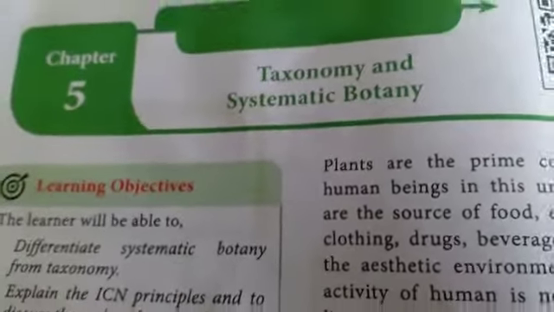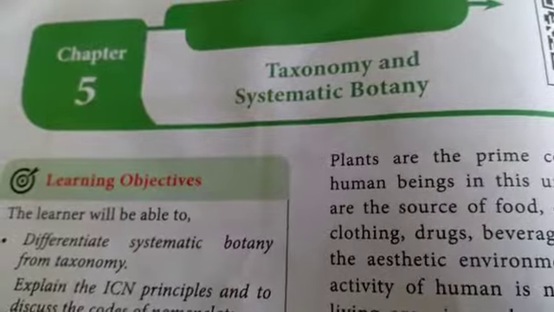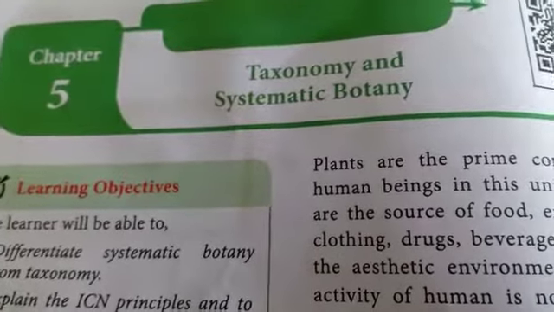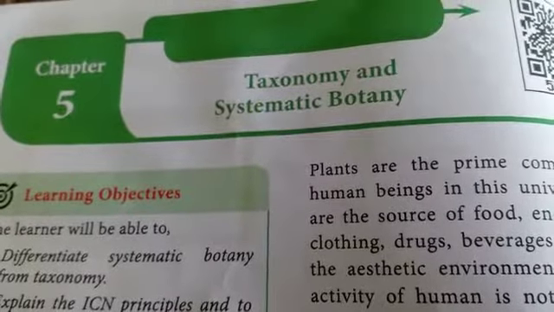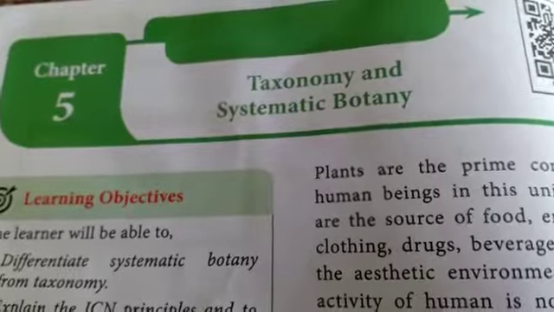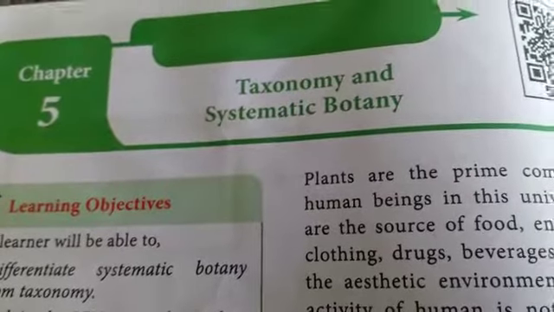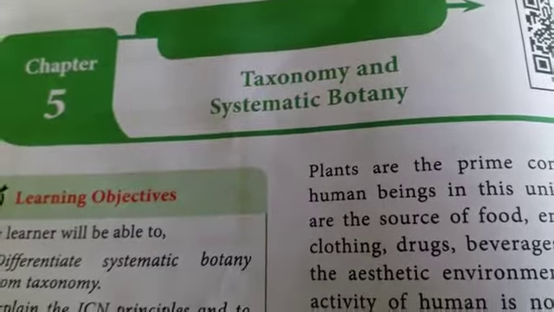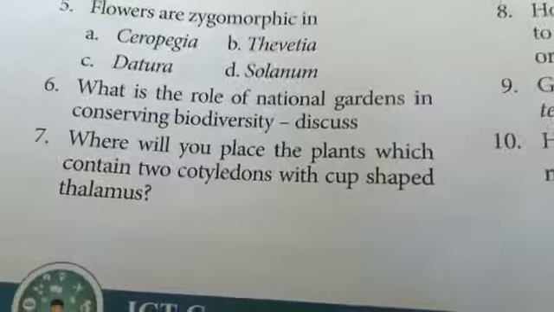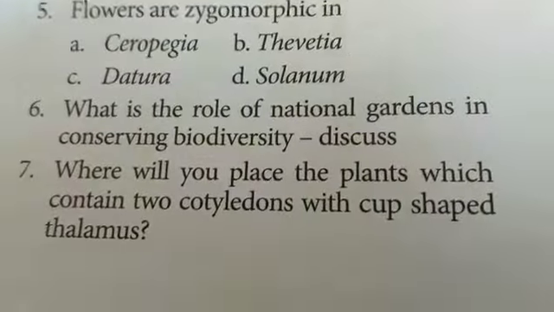We have come to the end of this month and we are going to do our October monthly test. So, let me revise the portions for you to get prepared for the exam. To begin with, let me move to lesson number 5, Taxonomy and Systematic Botany. This lesson has got 5 answers, questions 6, 7, 8 and 9. So, let's start with the first question.